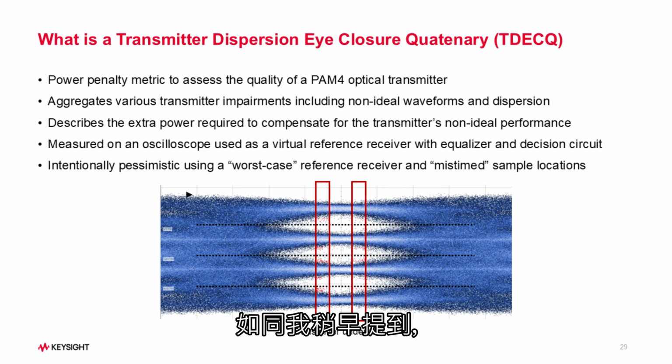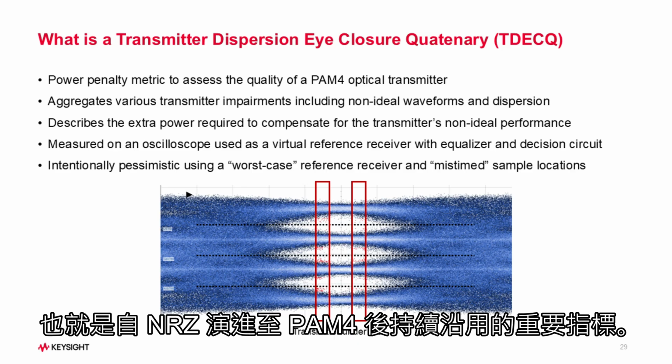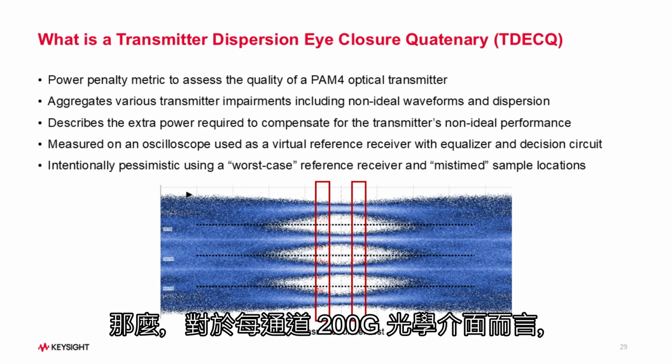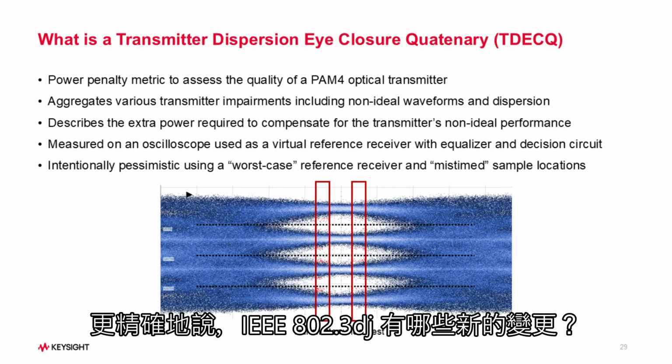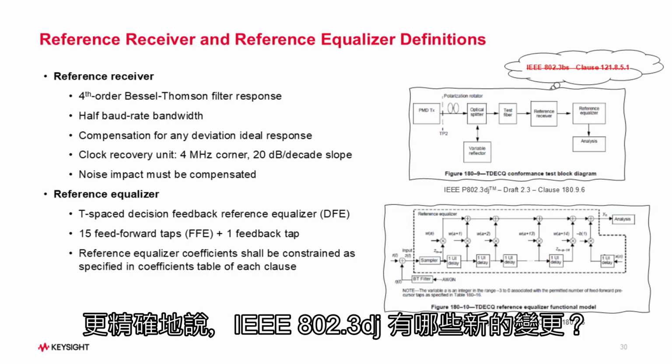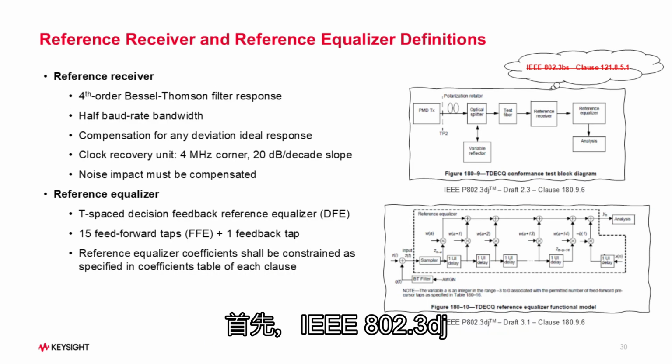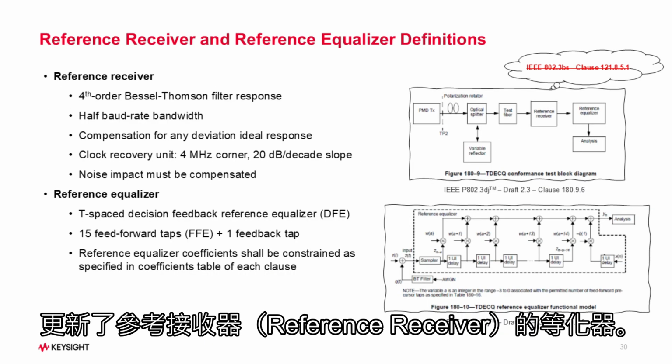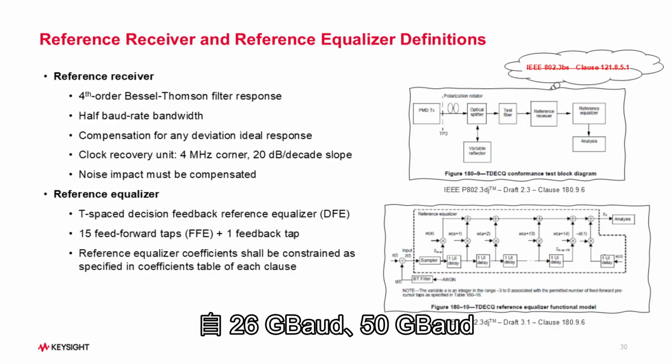Now, as I mentioned earlier, TDECQ is something that we've relied on since the early days of PAM4, since we transitioned from NRZ to PAM4. So the question is, what is new for the 200 gig per lane optics, or for IEEE 802.3 DJ to be more specific? So the first thing 802.3 DJ did is they updated the reference receiver equalizer. Since the early days of 26 gigabaud, 50 gigabaud